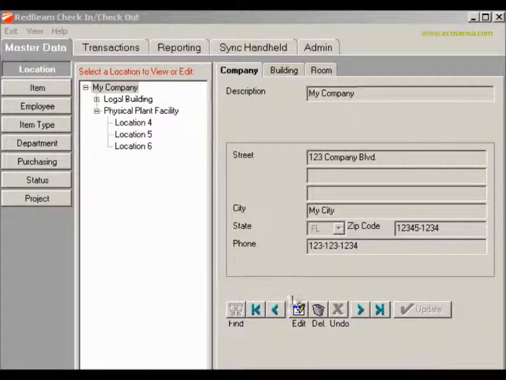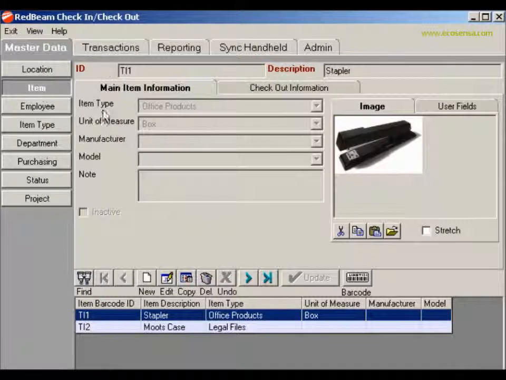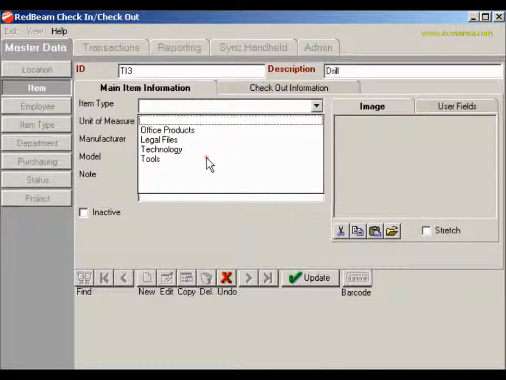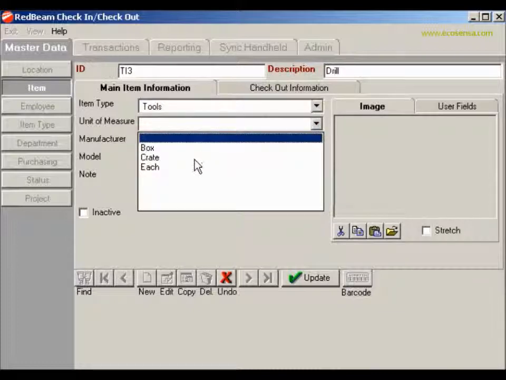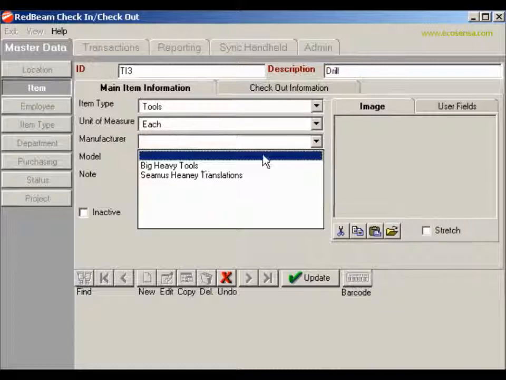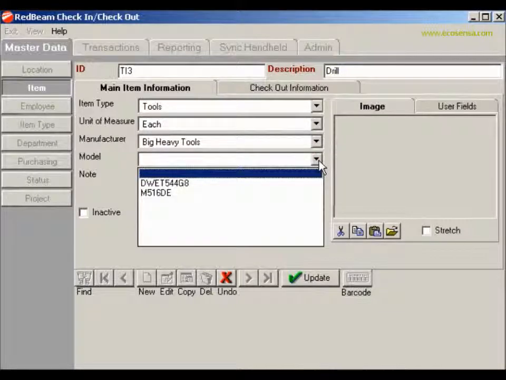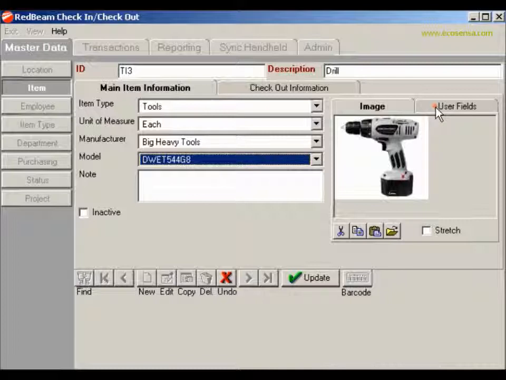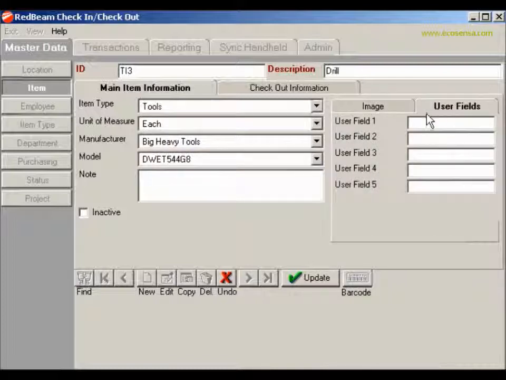To set up your items, go to the item screen and click New. Enter your item ID, description, item type, unit of measure, manufacturer, and model. You can also add an image of the item and up to 5 user-defined fields. Before saving your record,